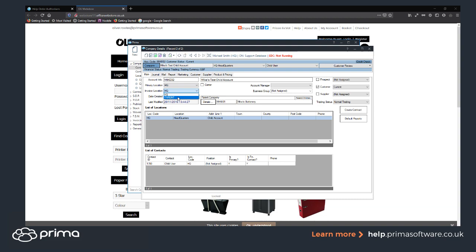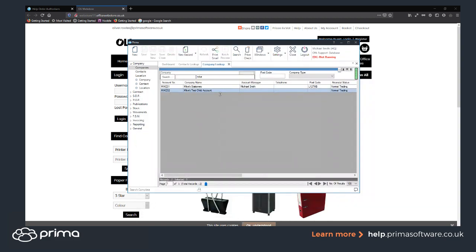But on the web, there's a couple more options for that. So you've got the option for the contracts to go through. The other thing is some bits between the contacts. So if I go into the parent account, and this may be an option that you've seen before,